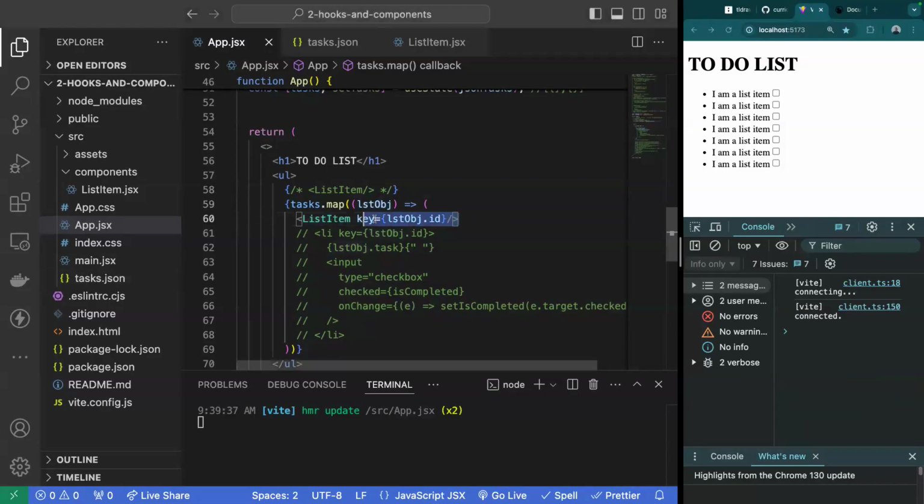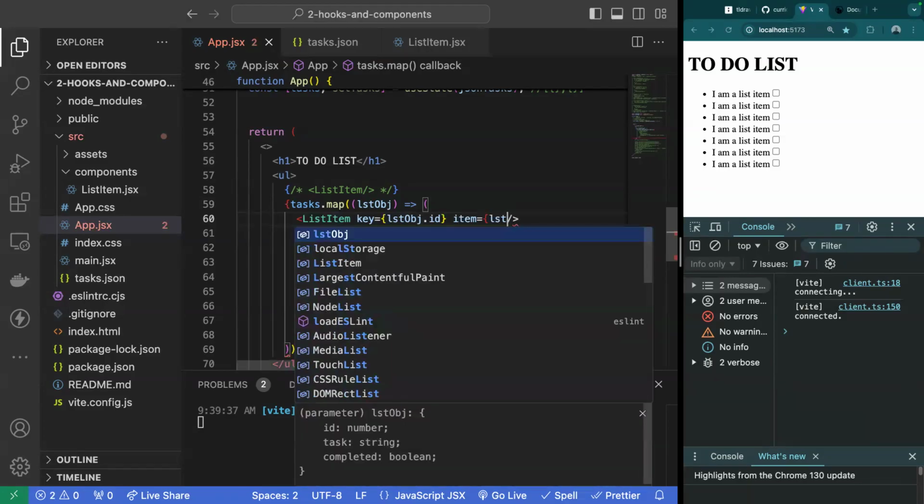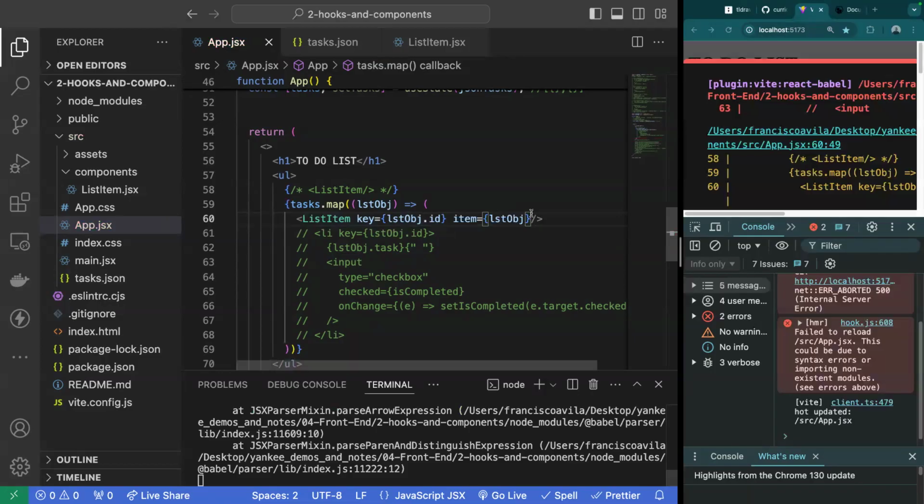I need a way to pass down props. That's what they're called, right? I need a way to pass down all of the information of the list item. So I could either pass the whole list item itself, right? I could say, hey, item is equal to list object and pass it down to my